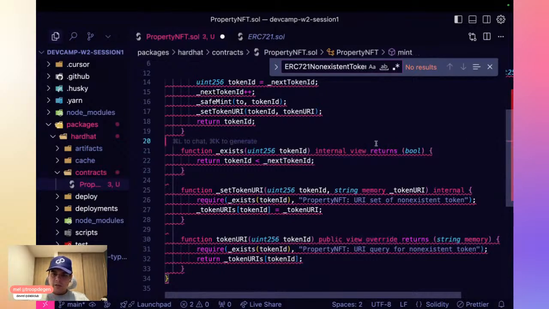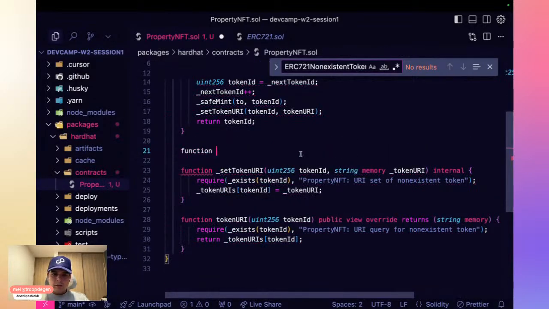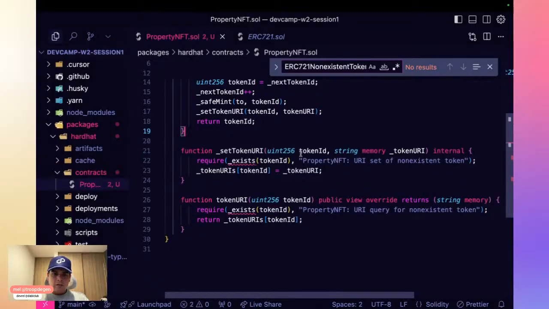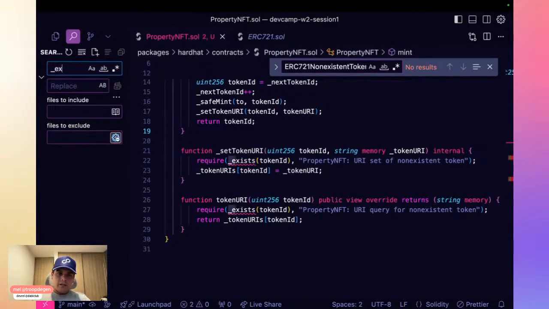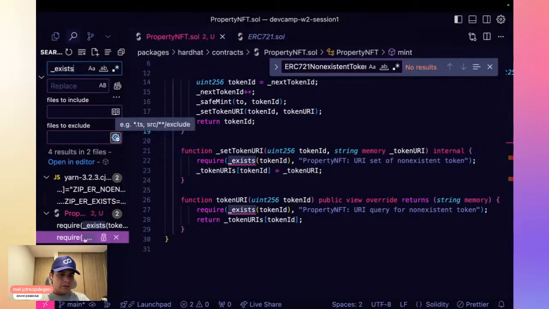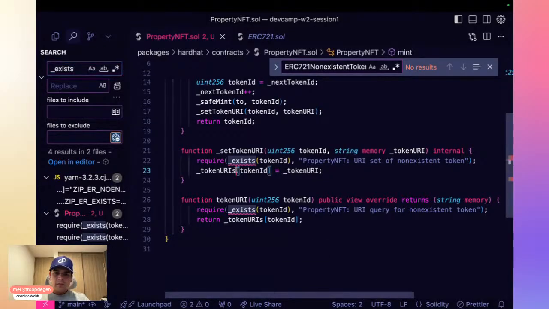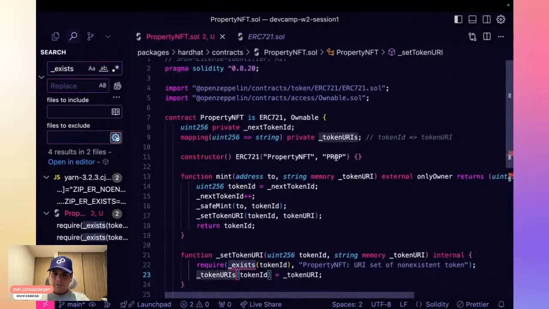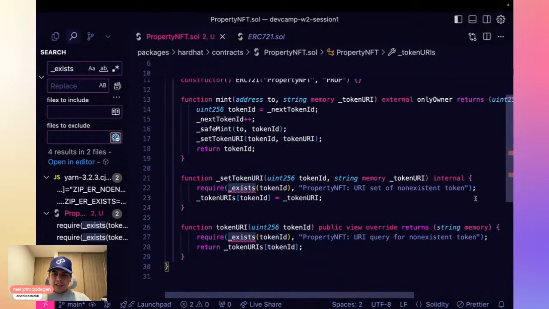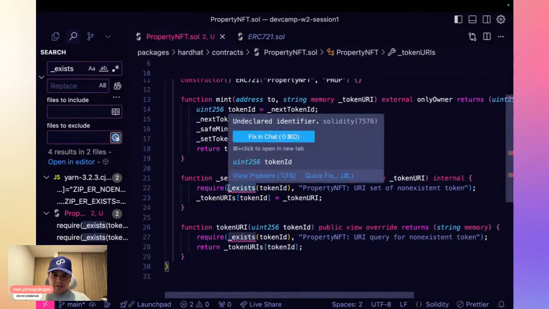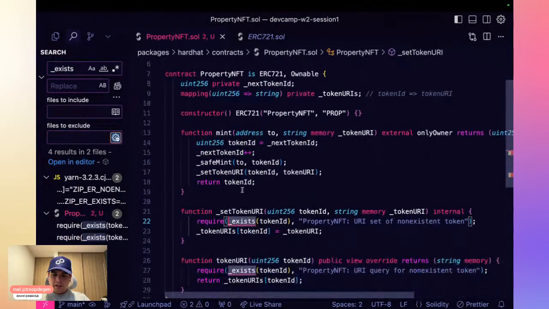Okay, all right. Let's see if we can find it. The only thing that we need to check here is that this token ID has actually been minted.